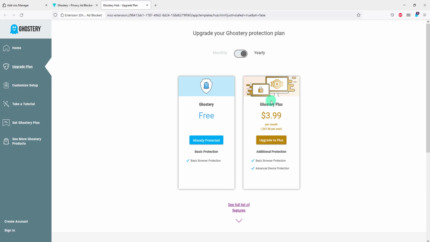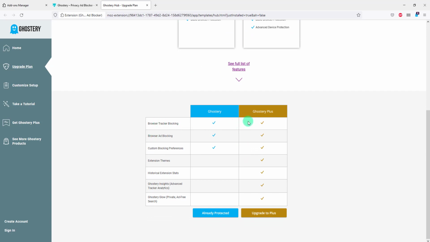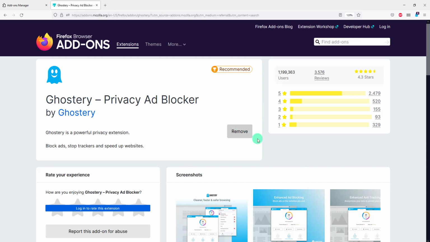Of course, you have the free option that I strongly recommend you start with, but also you have a Plus or premium version where you have a monthly or yearly fee, and you can see here the difference between the free one and the Plus version. And what I want you to do is, let's close this up and give it a test.